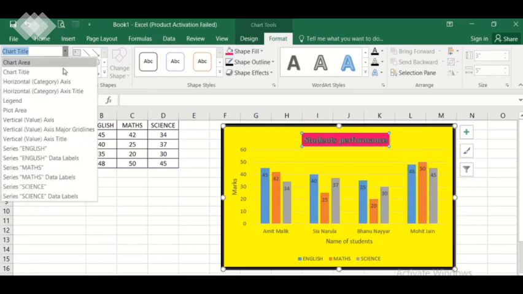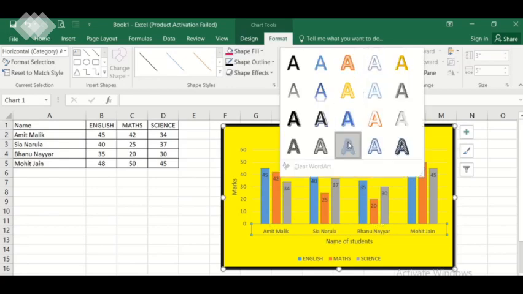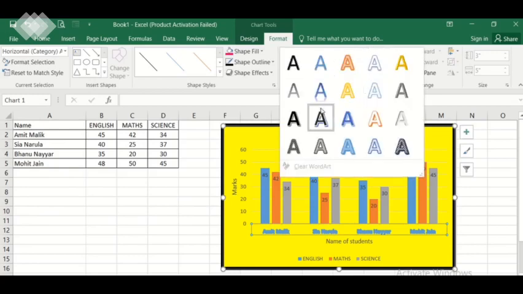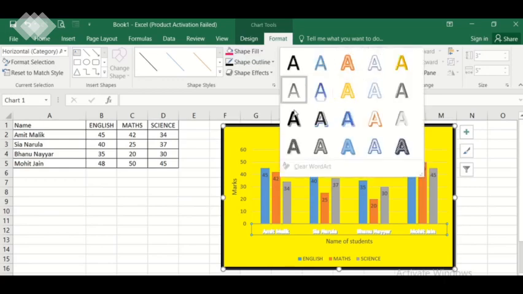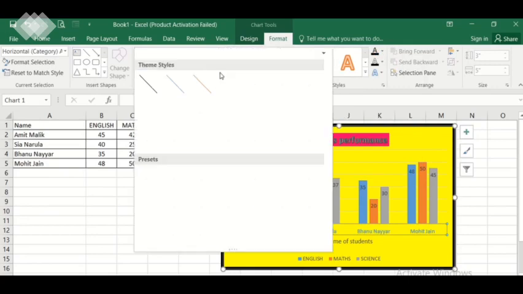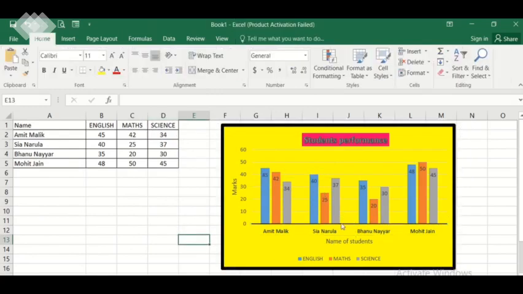After the chart title, we'll go to the horizontal axis, that is this axis. Now how you want these to be written? You can format the alphabets like this. Now it is not clear, so let's have a font which is more clear. This is okay. Now you can even have the outlining. If you want, from here you can select the line that you want. See the x-axis, you can make it thick.